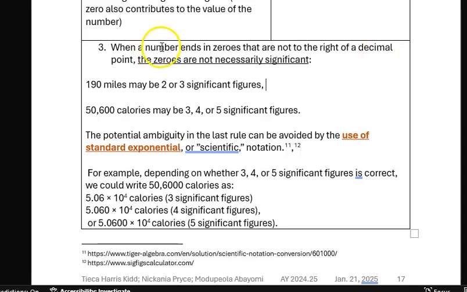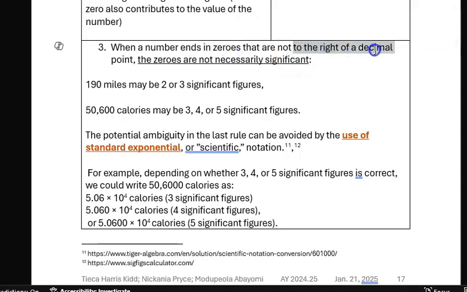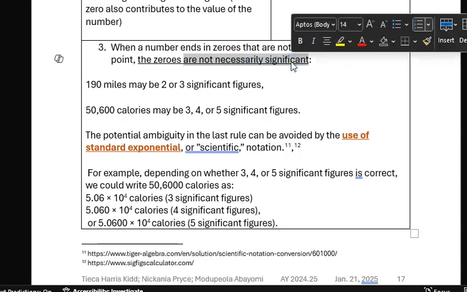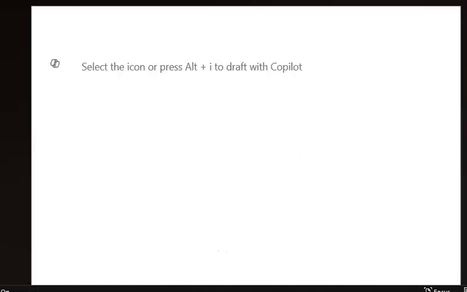But it says when a number ends in zeros that are not to the right of the decimal, the zeros are not necessarily significant. Okay, let's read that slowly. When a number ends in zeros, so the number ends,